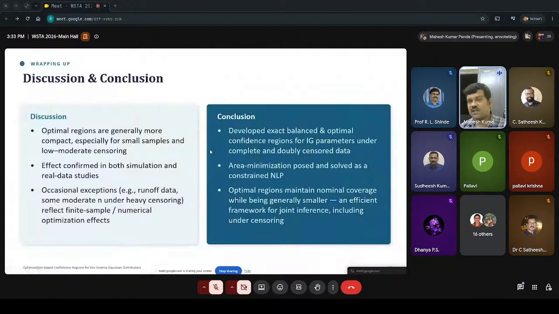Conclusion is basically that we discuss both the balance and optimal confidence intervals for the inverse Gaussian parameters under complete and doubly censored data. We use the area minimum